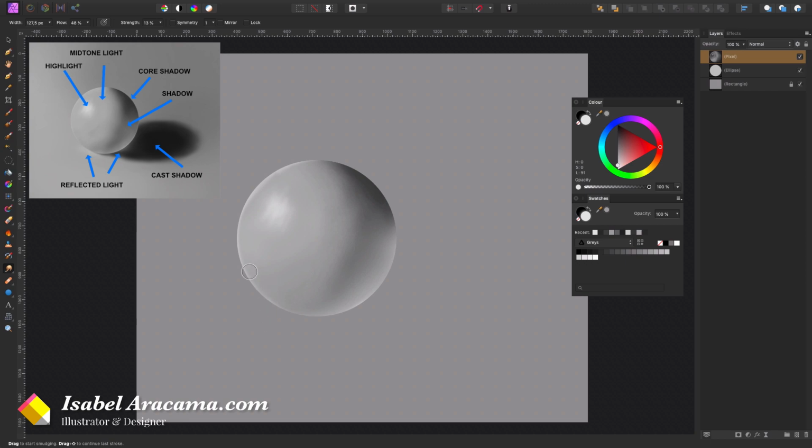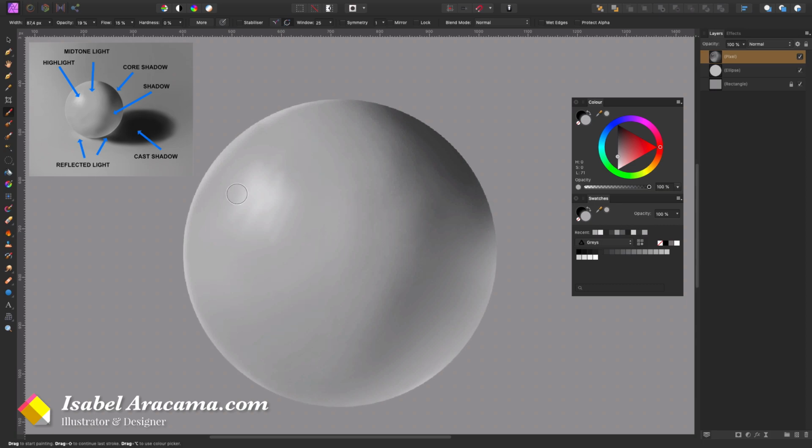So just try to avoid it as much as you can. I think that's way too much, so probably I'm gonna grab this color here and go back to my brush tool. I'm gonna zoom in a bit. I'm gonna paint in there, and I'm gonna expand it a bit.